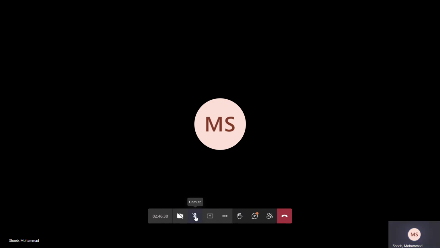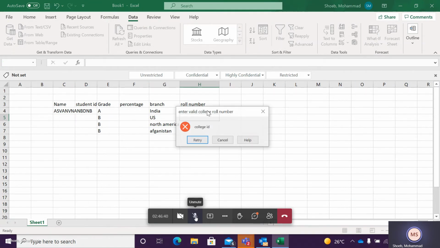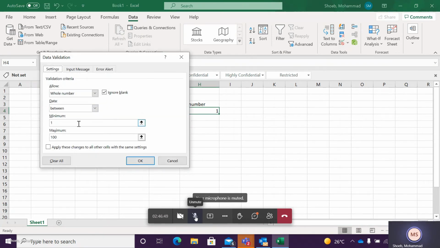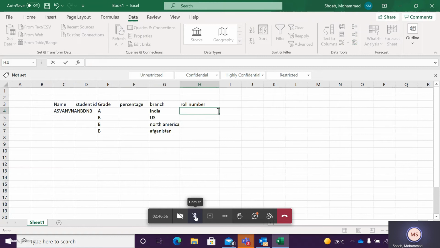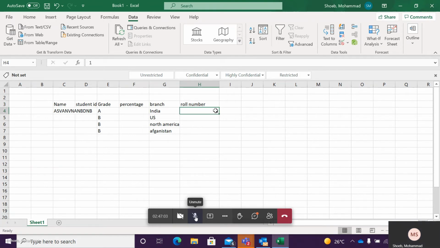Ma'am, can you see my screen? Yes. Ma'am, see here, I have applied the data validation tool with ranges between 1 to 100. Then I dropped down.